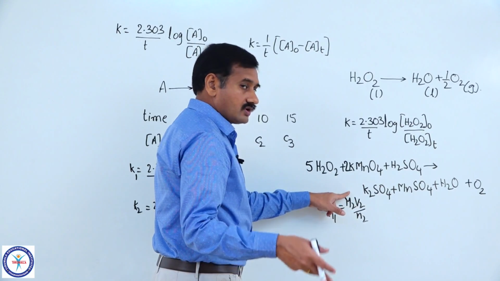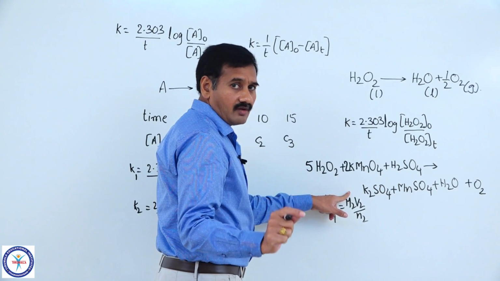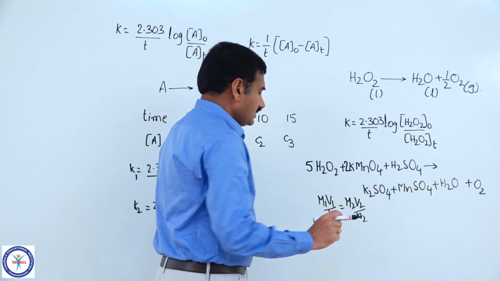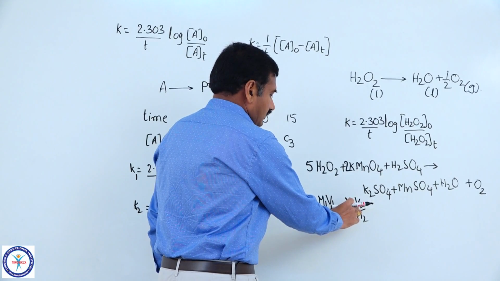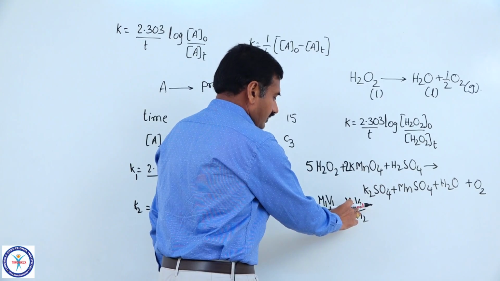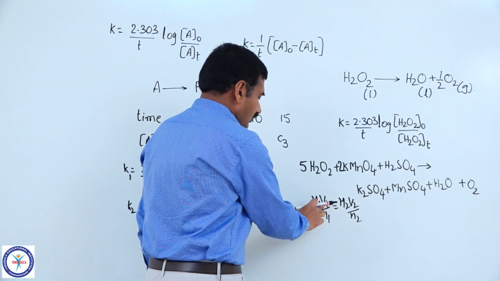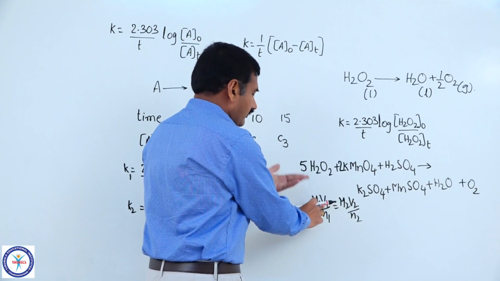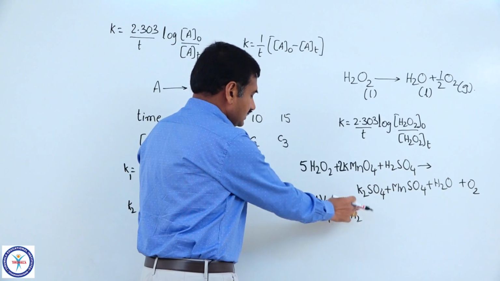The molarity of KMnO4 is known to you, since we are already using a standard solution of KMnO4. M2 is known. Then from experiment to experiment, we are finding the volume of KMnO4. V1 is already known to you, that is the known volume of H2O2 you transferred into the conical flask. So all these things are known to you.